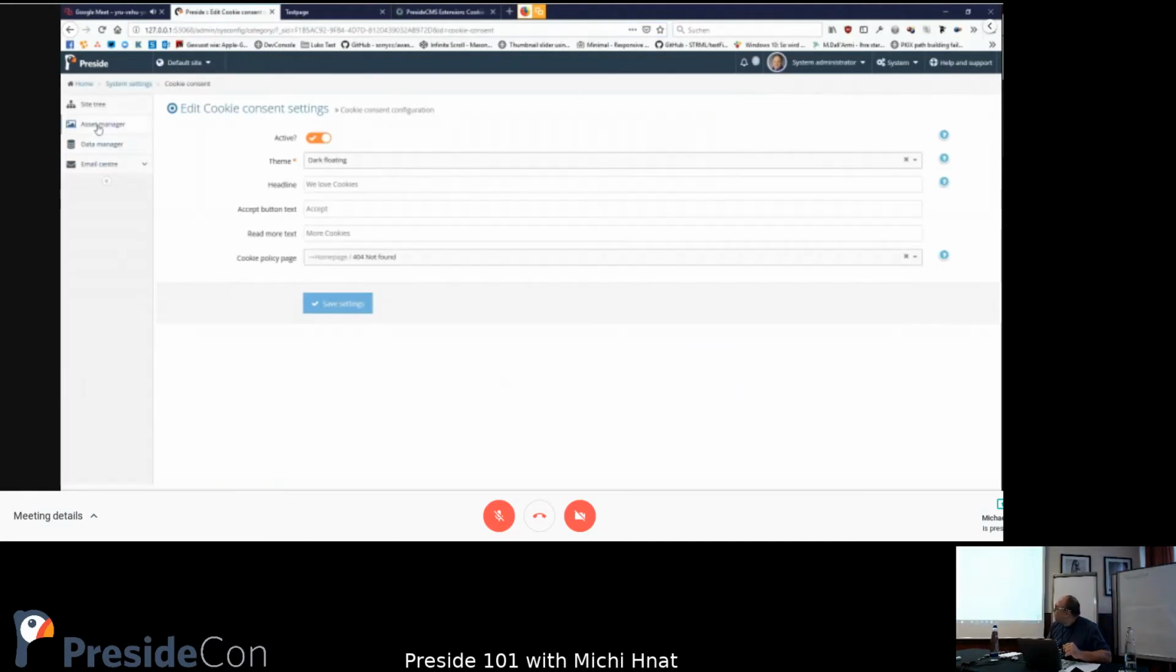So please have a look here on the left side. Here we have our site tree, asset management, the data manager, and the email center. And if I'm going to reload that,